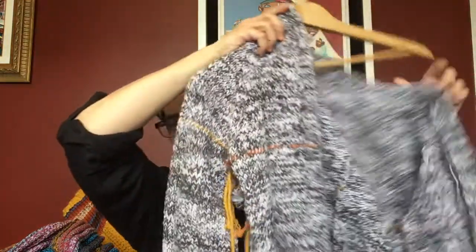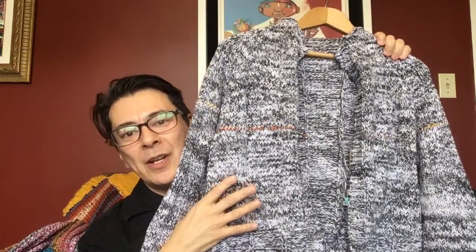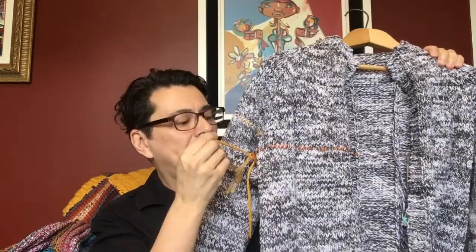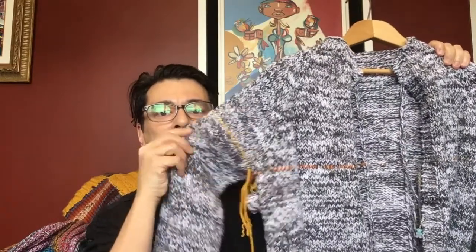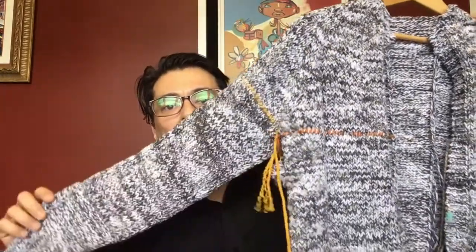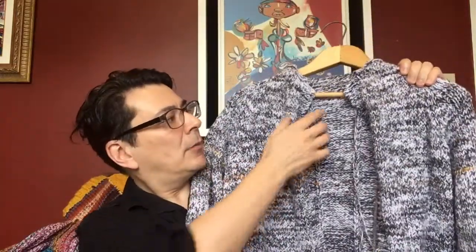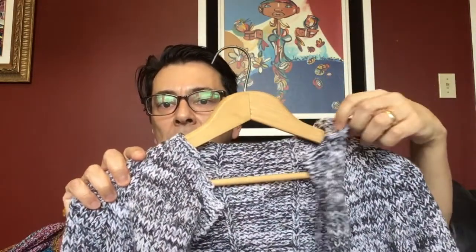And I am so pleased with this piece. Holy smokes. Oop, it came off the hanger. But the last time you saw this was up to the point where this thread is running through right here. That's my safety, my lifeline here. I didn't have the sleeves added on. I actually only had one cuff of the sleeve done, but now I've got both sleeves on the piece, the cardigan, and I am right up here, and I am just about to start doing my collar,